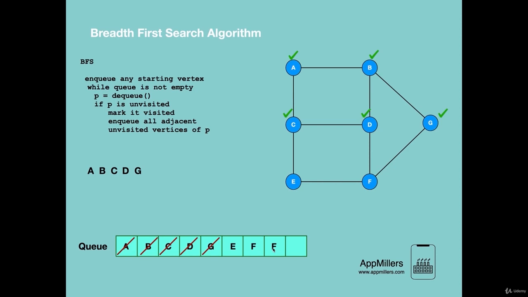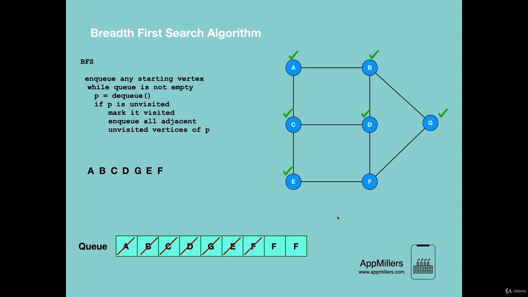The next element is E. When we dequeue from the queue, we see that E is dequeued, and then we are checking if E is unvisited, so we mark it visited, and the adjacent unvisited vertex of E is added to this queue over here. Now we are continuing to the next stage. The queue is not empty, so we are dequeuing the element. In our case it will be F, and then we are enqueuing all unvisited adjacent vertices of F to this queue. We see that all adjacent vertices of F are visited,